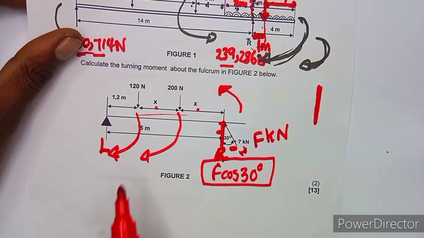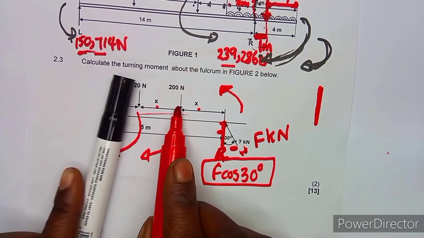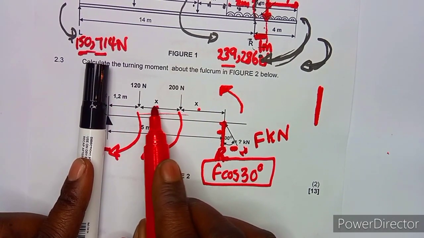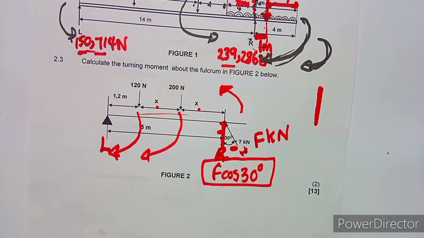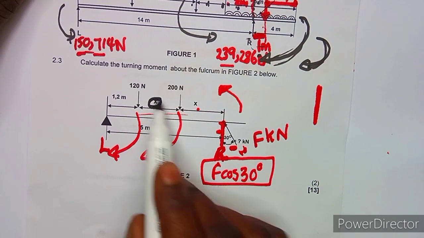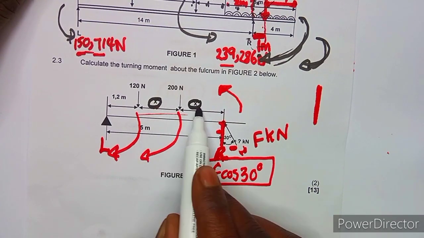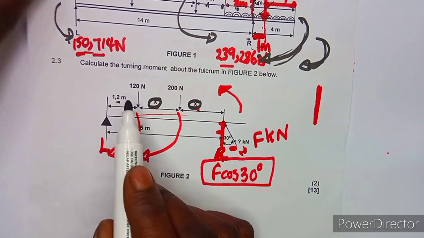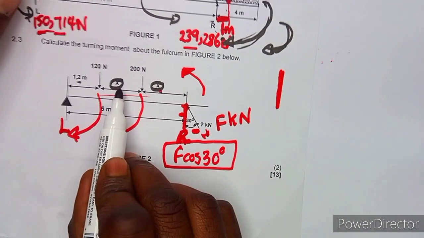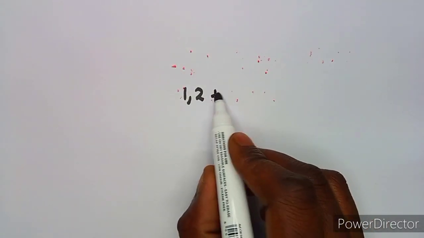So where can we have the value of x, guys? Because we are supposed to multiply 200 times the distance here, but we do not know the distance because there is x. All right, this is what you're going to do. x indicates that these two are equal. This is x and this is also x, so these two are equal. So you're going to add 1,2. We're going to form an equation from our mathematical skills, guys. Let's form an equation. 1,2 plus this x